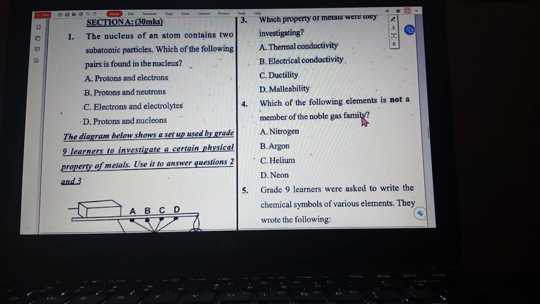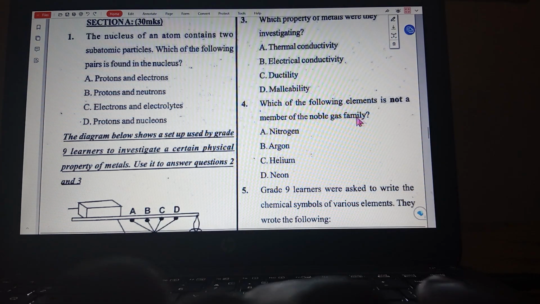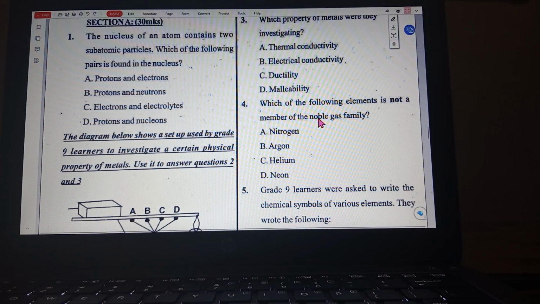Noble gas family, these are elements that end with 8 electrons in their outermost energy level. Let me just say this to clarify. Noble gases,